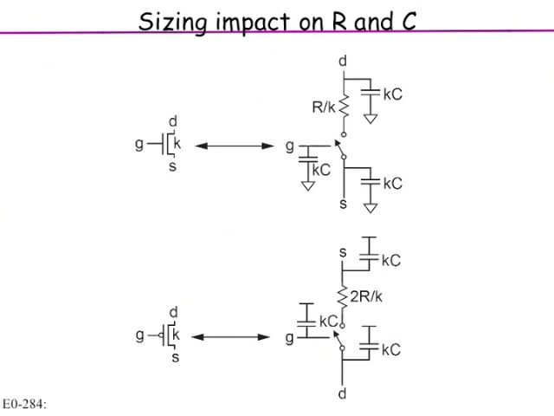So the best way to really have this multiplication is to have replication of the transistor. That goes not only for digital design, but also for analog design. If you want some current source and another current source which is k times this, don't just increase the width by k times, but have k copies. That will give you the best approximation for multiplication by k.